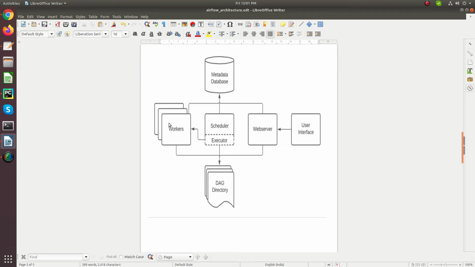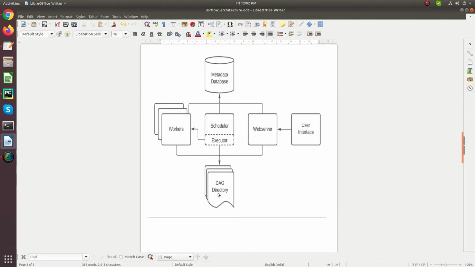Then when a worker is free, meaning it has all the resources that are necessary to run the specific task, it gets that task and executes it, and when the task finishes its execution, it updates the status accordingly. The DAG directory is the folder to store the DAG files.